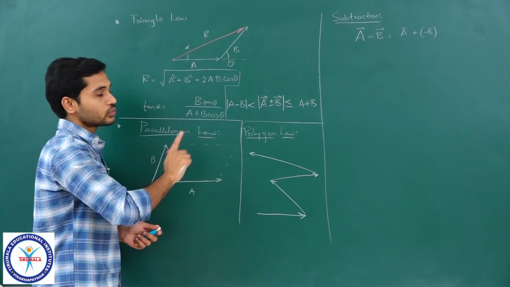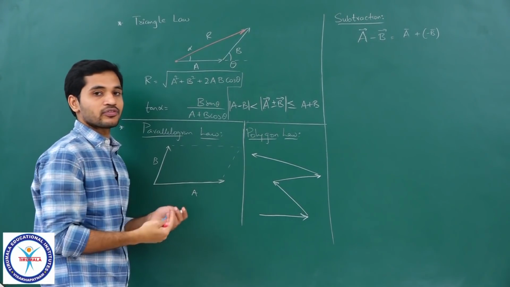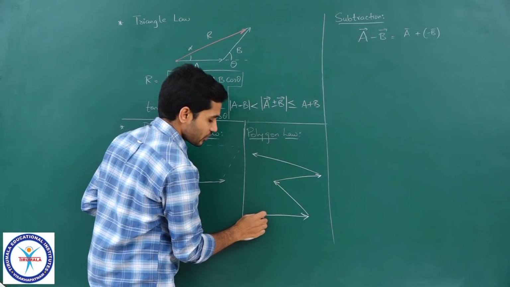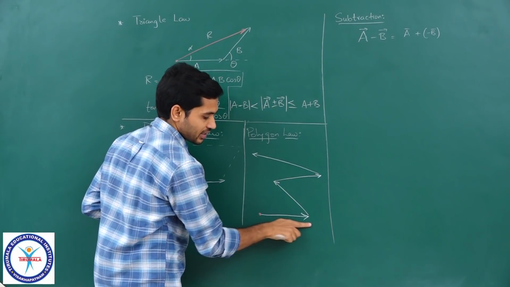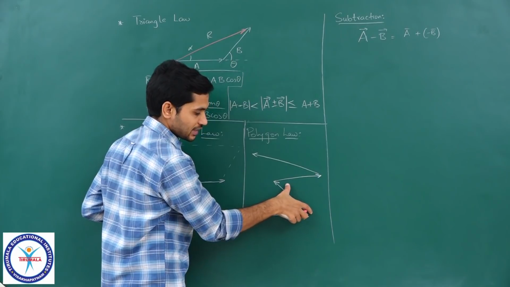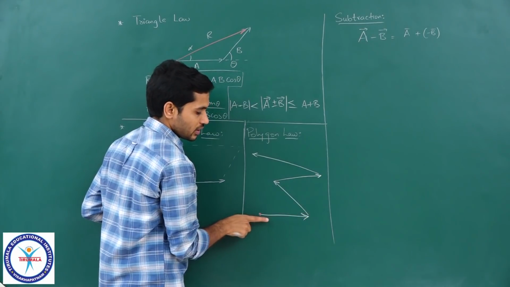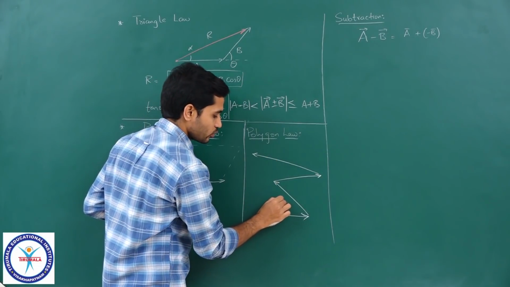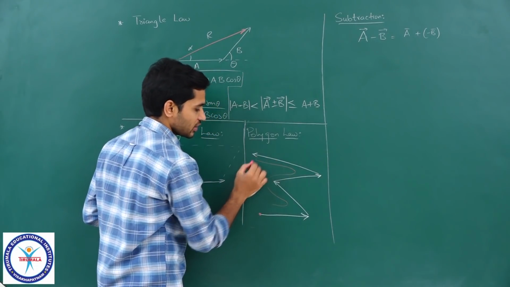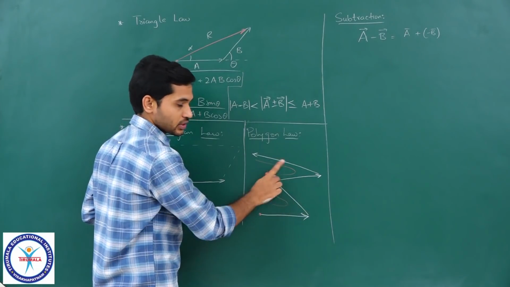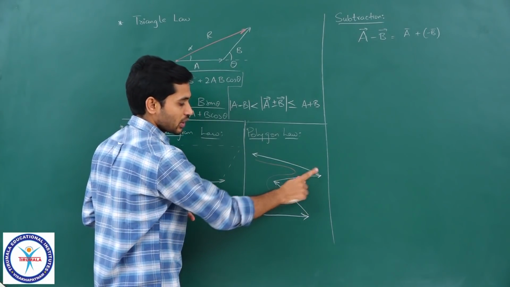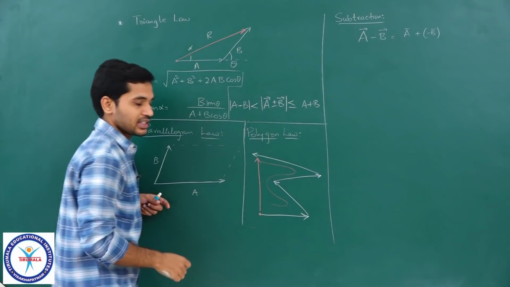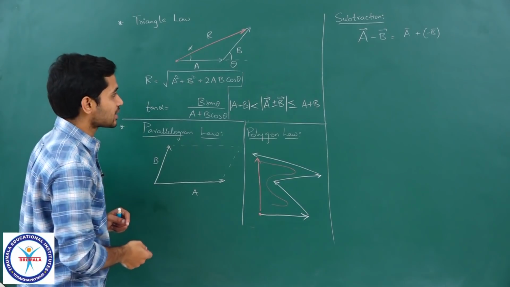So, whenever you need to add vectors, think of that in terms of displacement, even in the case of polygon law. For example, if you have started from here and you have traveled in this direction, first displacement, second displacement, third displacement, and eventually you have reached here. Just visualize it in this manner, you are moving like this, and then you have reached here, right. So, it should be a continuation. So, head and tail should be joined in this manner. In such a case, this will be the resultant vector, correct. So, that is the basic idea.